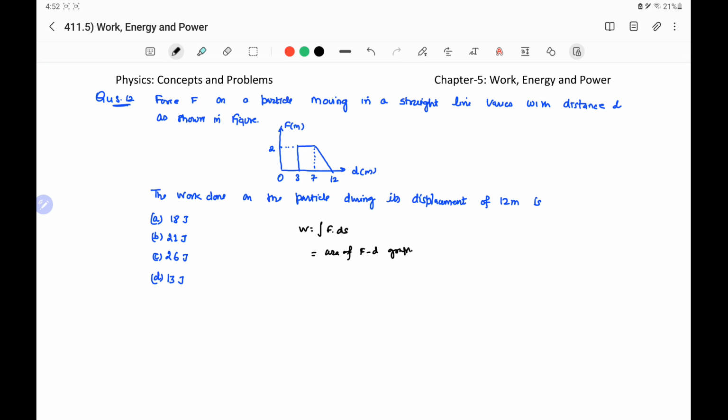And the interval for which we have to find the work is 12 meter. Therefore, this area is the area of trapezium, which is shown in the graph, and the area of trapezium is half into sum of parallel sides into perpendicular distance